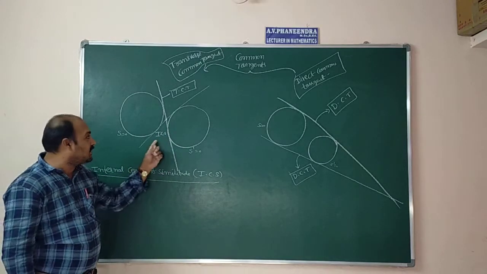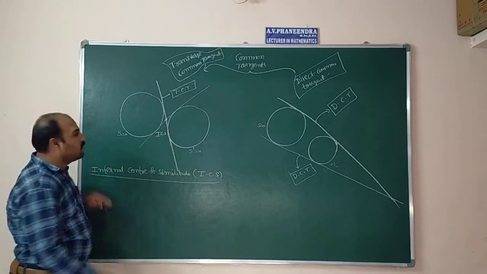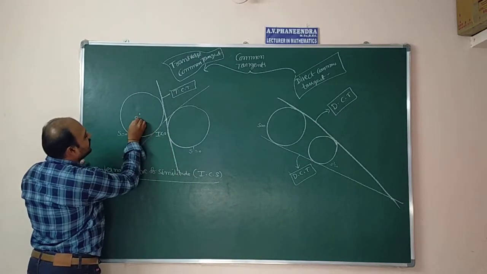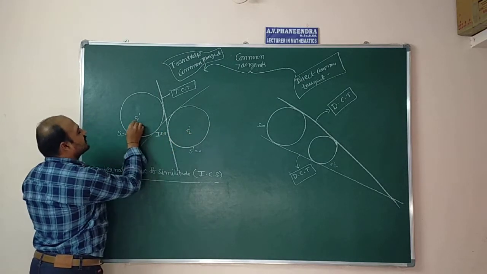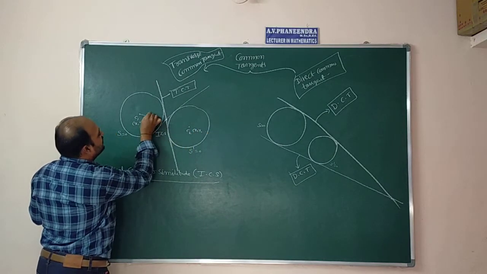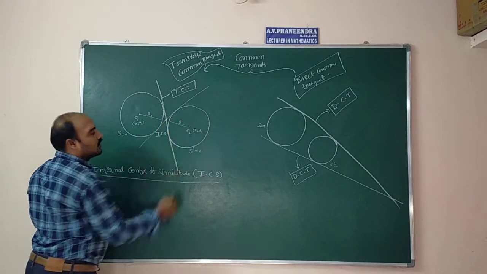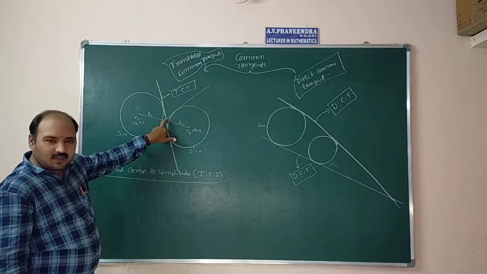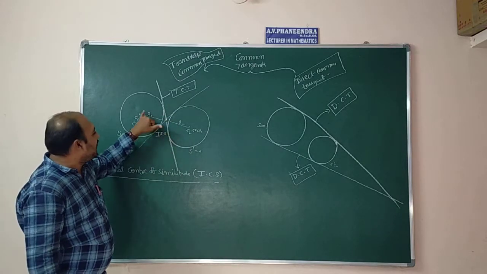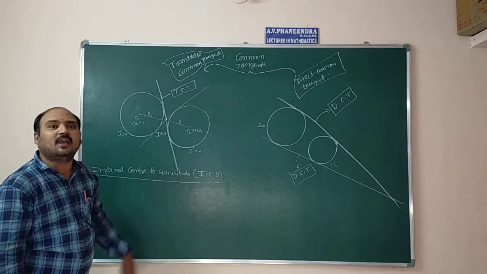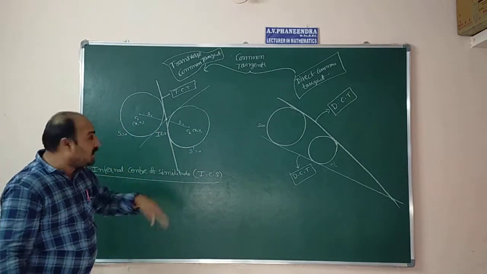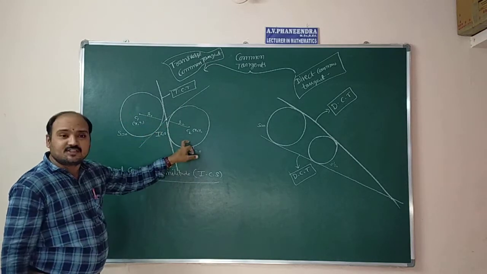How to calculate the internal center of similitude for the given circles? S equal to 0 and S dash equal to 0 are two circles. Their centers are respectively C1 and C2 with coordinates x1, y1 and x2, y2, and their radii are respectively r1 and r2. This point P, the internal center of similitude, divides the line segment C1C2 in the ratio r1 is to r2 internally. Why? Because ICS is in between C1 and C2. It is not the midpoint, but it is in between C1 and C2.